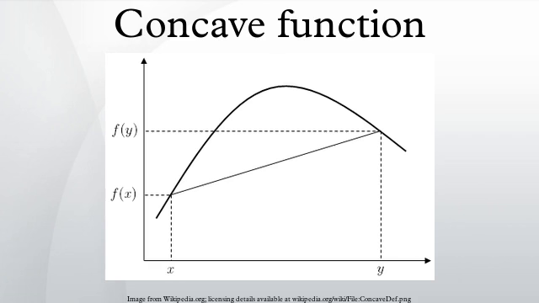In mathematics, a concave function is the negative of a convex function. A concave function is also synonymously called concave downwards, concave down, convex upwards, convex cap or upper convex. Definition: a real-valued function f on an interval is said to be concave if, for any x and y in